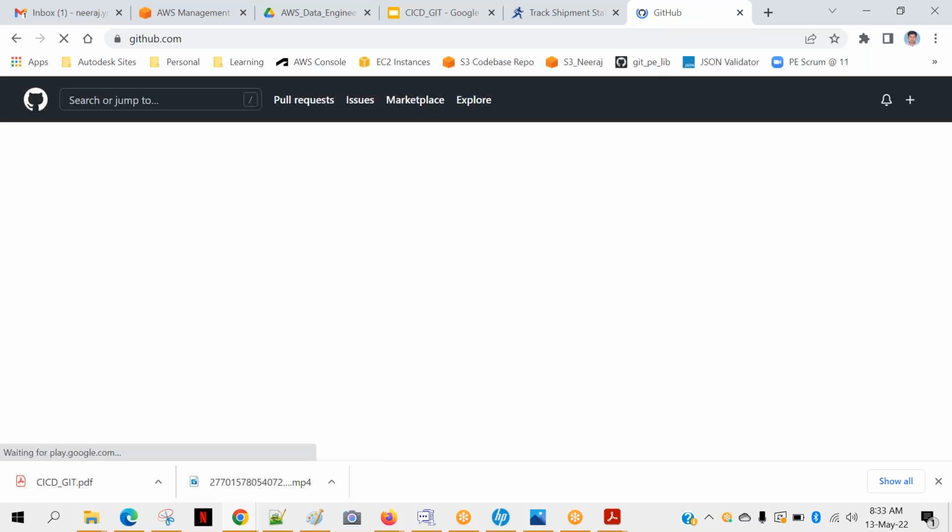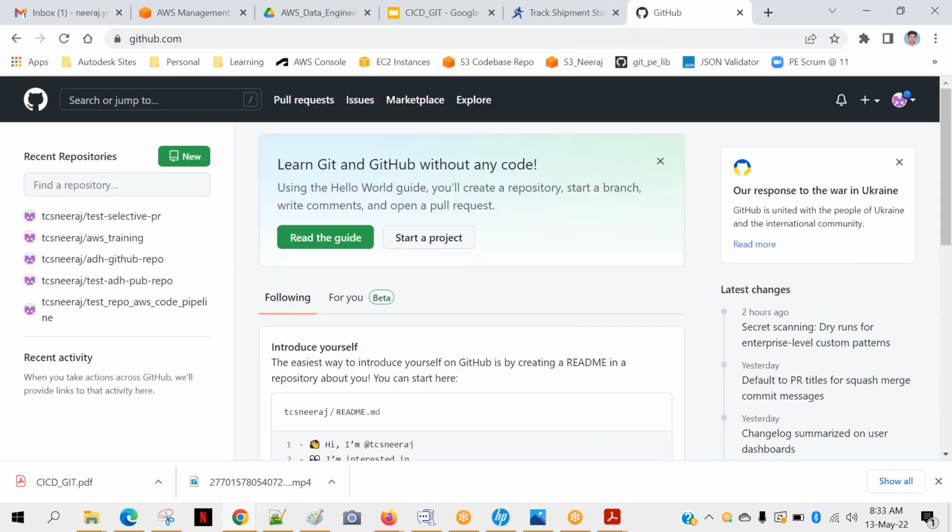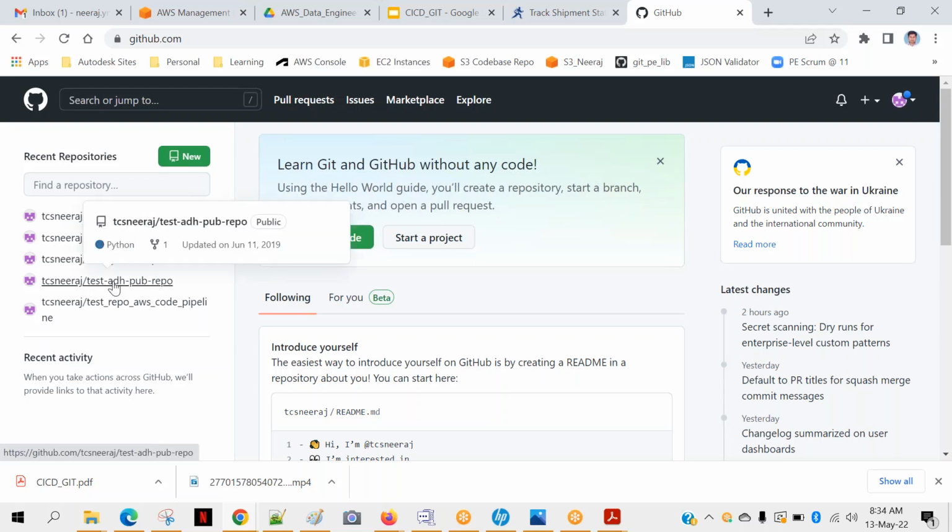So you can click on this and you can create your account. Since I have already created, it's not asking me because I'm already logged in. Otherwise, if you open github.com the first time, they will ask you to create your account, and that's completely free of cost. It's not a big deal. After that, you can create a repository. In my case, I have already created a few repositories a few years back. You can see that updated on June 11, 2019, around 3 years